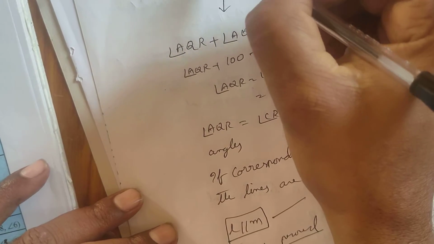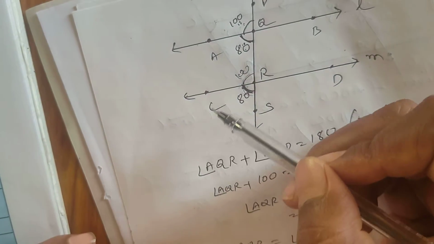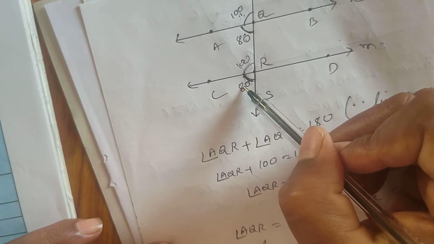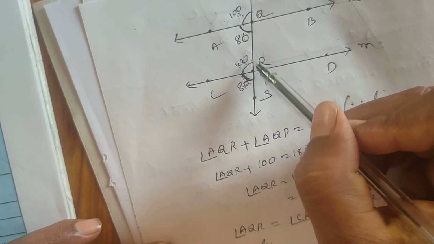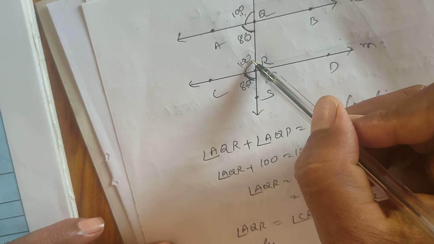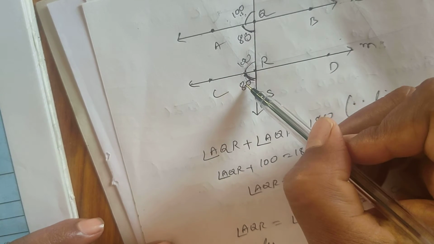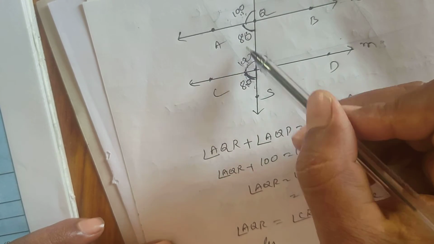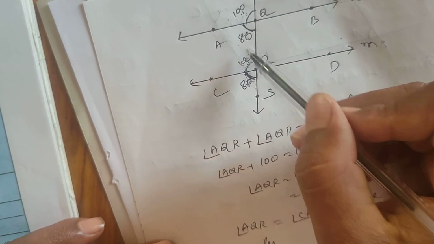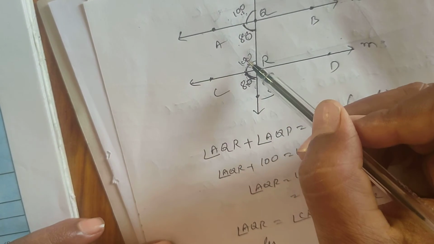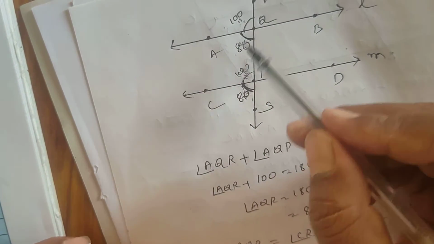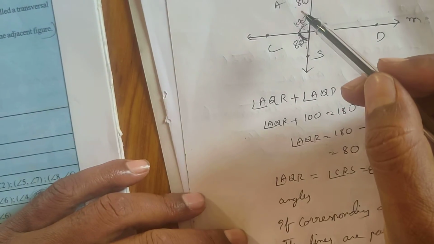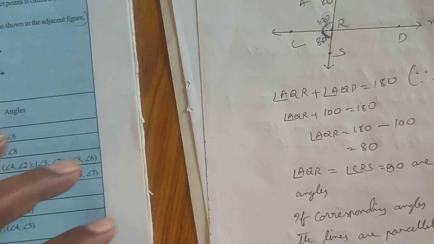And what are 80 and 100 here? See here, this is 80, given. This is 80, which means these two angles, if you add them on a line at a point, the sum of total angles is 180. So if it is 80, this becomes 100. What are 80 and 100 here? These are two interior angles on the same side of the transversal. They are supplementary. 100 plus 80 is 180. So anyway, only one condition you have to prove. That's it. Okay. Next, the last question.